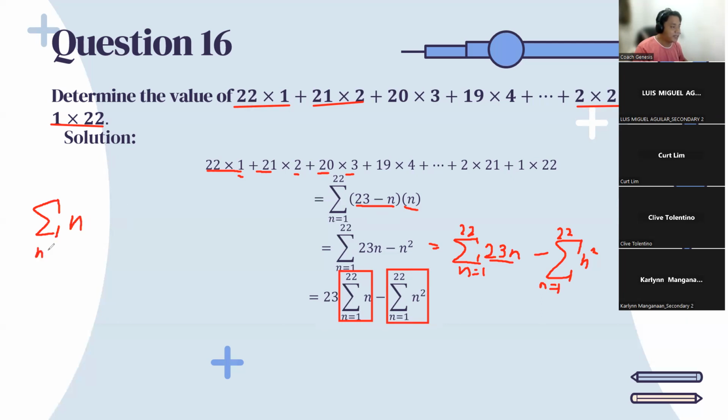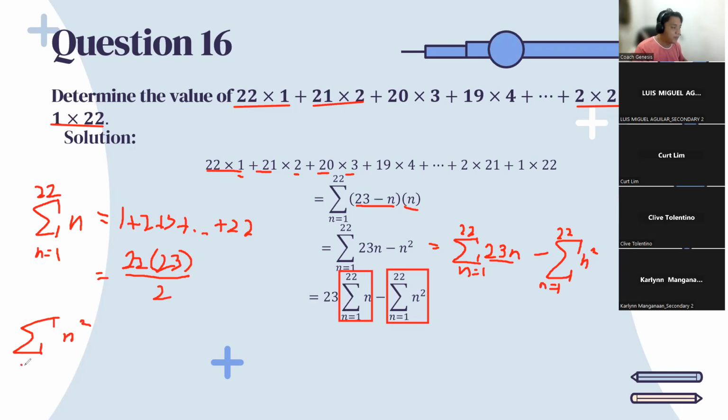The summation of n from n equal to 1 to 22 will just be 1 plus 2 plus 3 and so on plus 22. You can get the sum by n times n plus 1 over 2, or 22 times 23 over 2. Same with n squared. You also have a formula for n squared. The summation of n squared from n equal to 1 to 22 will just be 1 squared plus 2 squared, right, until